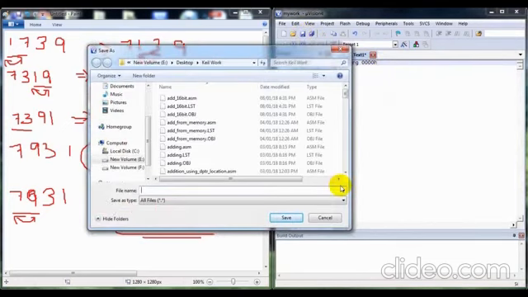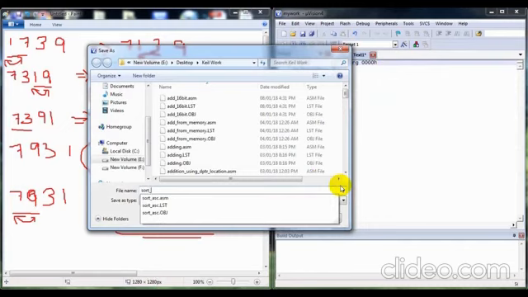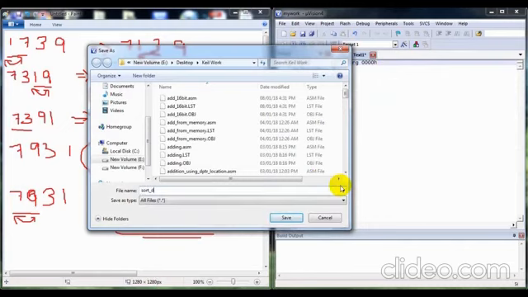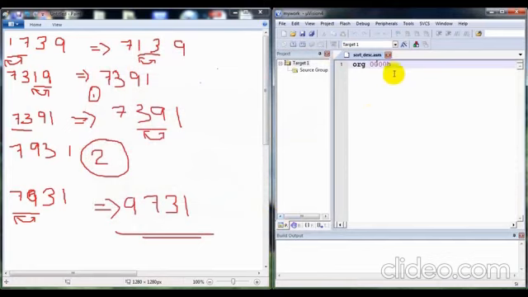We can save it with the name sort underscore descending, so DSC. We can give any name, but the extension should be ASM, because we are writing the program in assembly language. So the extension should be ASM. Okay, then save.